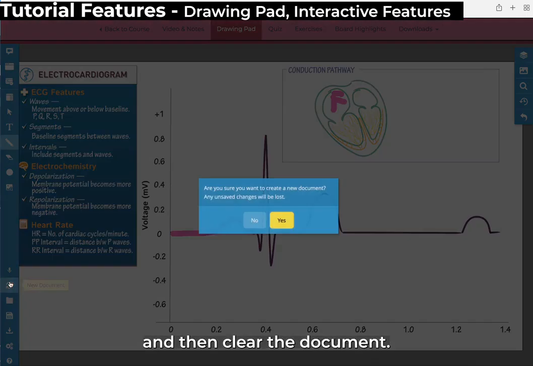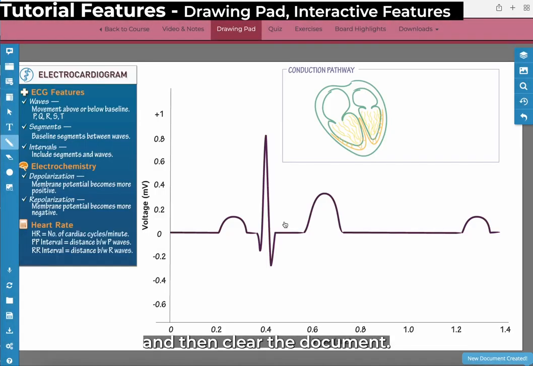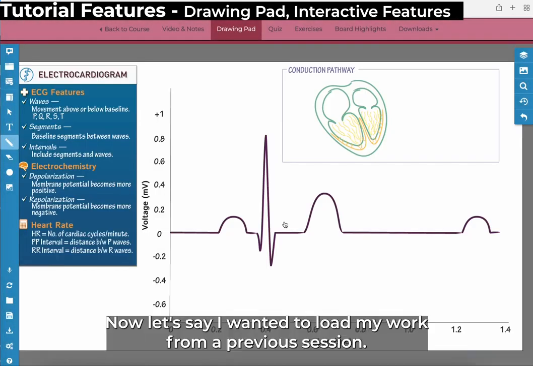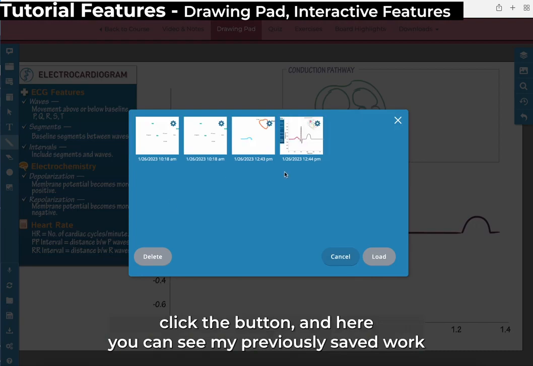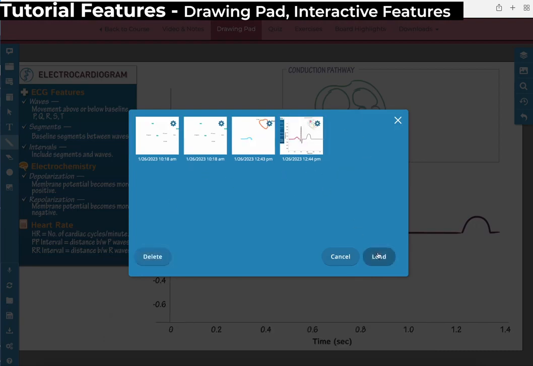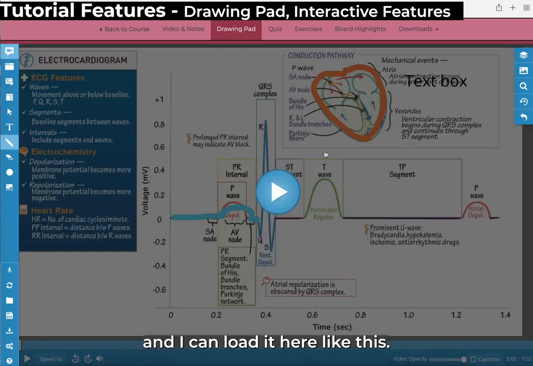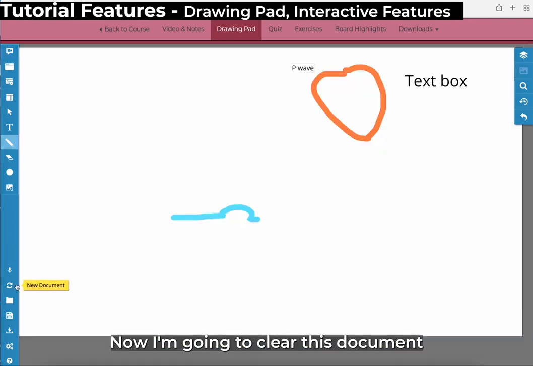And then clear the document. Now let's say I wanted to load my work from a previous session. To do so, I would come over here to User Files, click the button, and here you can see my previously saved work. And I can load it here like this. Now, I'm going to clear this document,